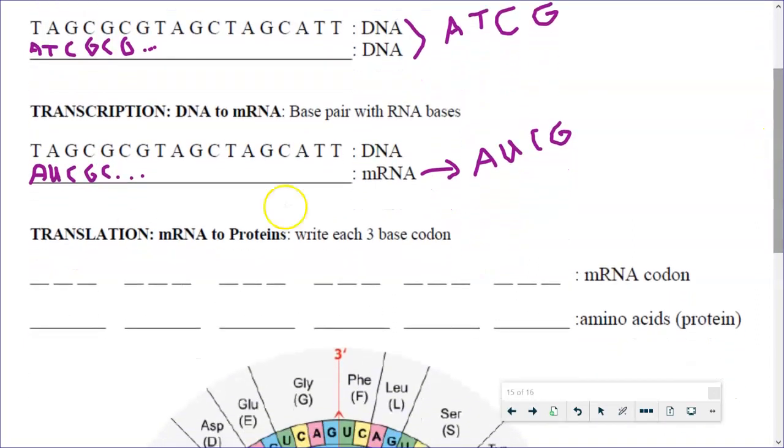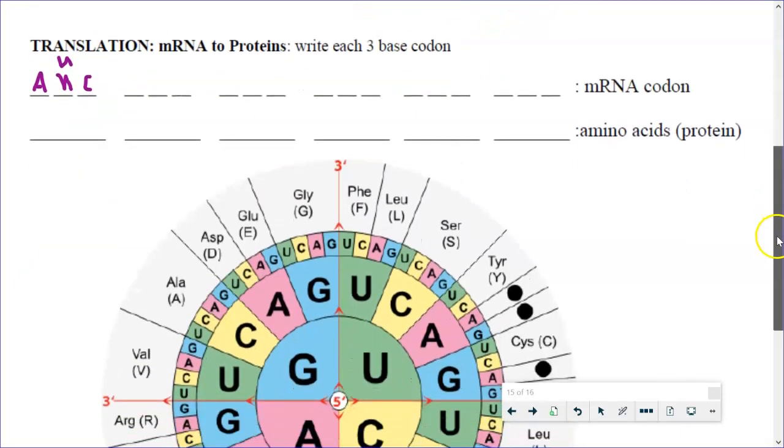Then we're going to take our RNA that we're building. We have to bust it into codons. So the first 3 letters here, A, U, C. That's a very bad U, I apologize. Okay, so that's our first codon, AUC. So you write the codons for all the rest. And then I need to look on my wheel here,